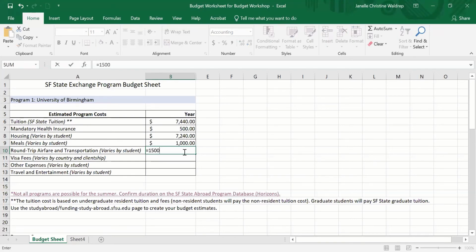So let's say we're going to put our budget for flight as $1,500. If I happen to get a ticket for a lot less than that, I actually now have extra money that I can be spending on travel. So let's look at transportation. Transportation is going to be things I'm going to be spending on a weekly basis as a student